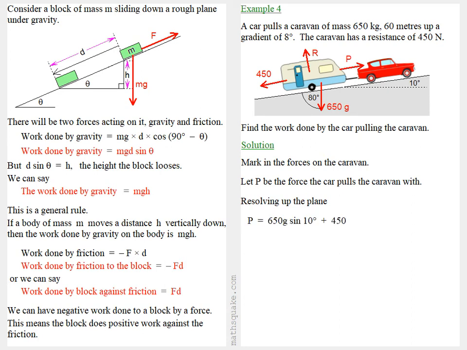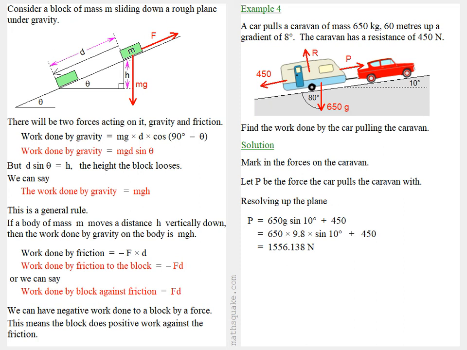So we get P equals 650G sine 10 degrees plus 450, which is equal to 650 times 9.8 times the sine of 10 plus 450, and that works out to be